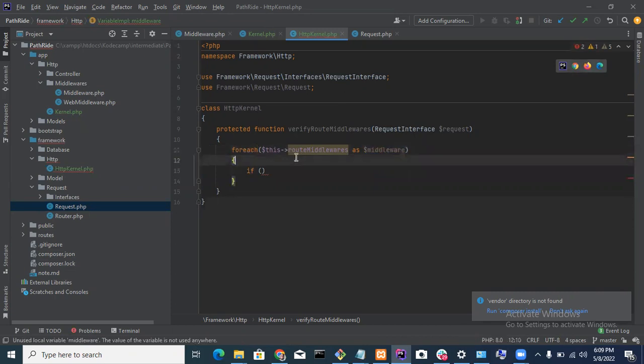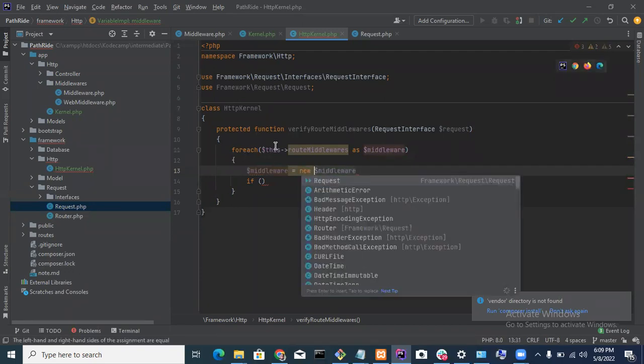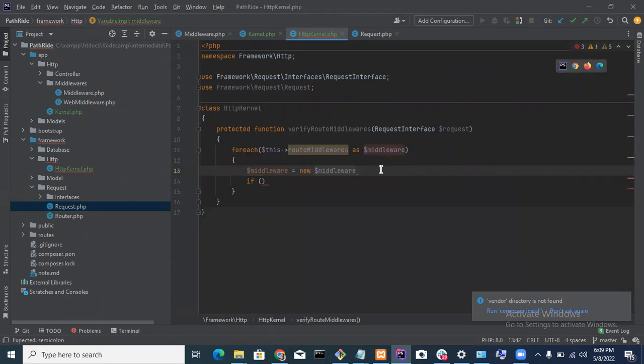But before then, of course, it's going to be a class, so we can just say middleware. So new middleware. So instantiate the class. So all what you're just going to do, so you have access to.